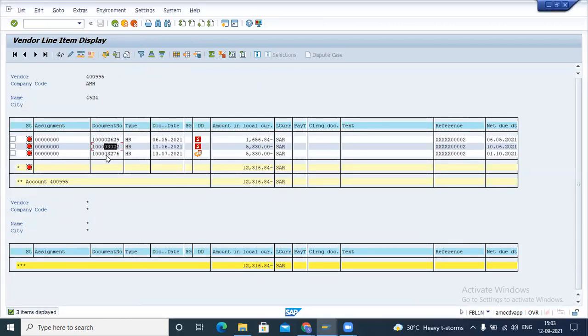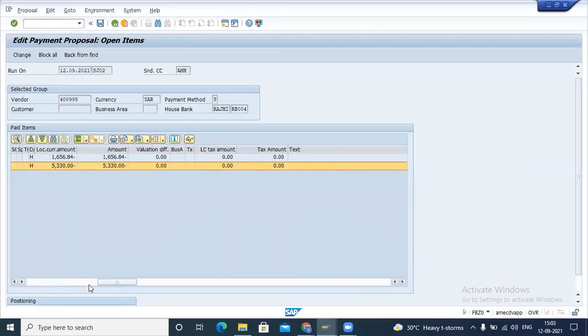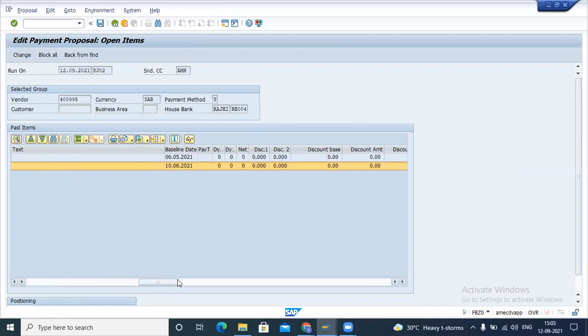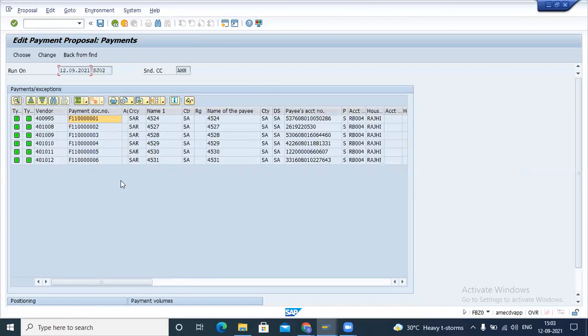There are 3 vouchers, but this third voucher is not showing here because it is not due currently. Are you getting this point? The system is checking the net due date, whether the invoice is due or not due. If the invoice is due, then it is included here. If it is not due, then it is not included here.